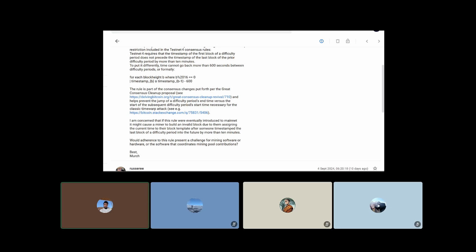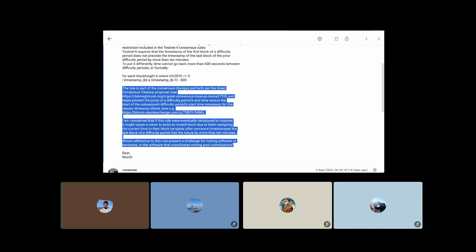Okay, that's what he says. To put it differently, time cannot go back more than 600 seconds between difficulty periods, or formally, for each block height B, where this is the same expressed in equation. The rule is part of the consensus change put forth for the Great Consensus Cleanup Proposal and helps prevent the jump of difficulty periods in time versus the start of the subsequent difficulty period start time necessary for the classic